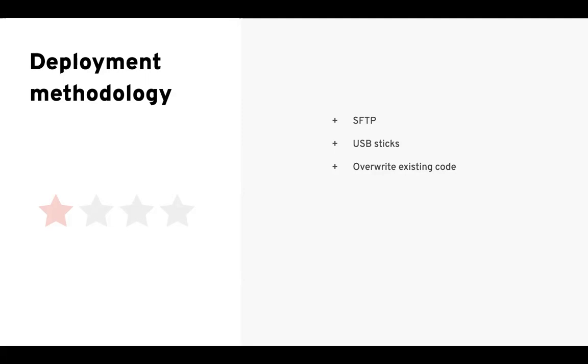I know an agency not so far away from where I live that has a customer who is a bank, and that bank is maybe a little bit backwards and old-fashioned in their deployment methodology. This agency, when they have an update to the website that this bank runs, they take a taxi from the agency's office over to the bank's central IT offices, which are somewhere else in the city that they live in, and they hand the bank